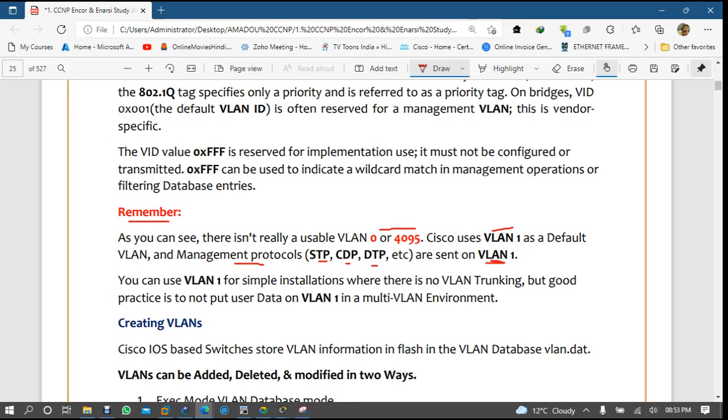Okay, native VLAN means Cisco uses VLAN 1 as a default VLAN. Management protocols STP, CDP, DTP. STP means Spanning Tree Protocol, CDP is Cisco Discovery Protocol, and DTP is Dynamic Trunking Protocol. These are sent on VLAN 1. Now you can use VLAN 1 for simple installation where there is no